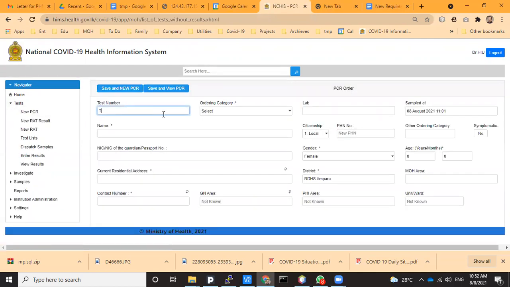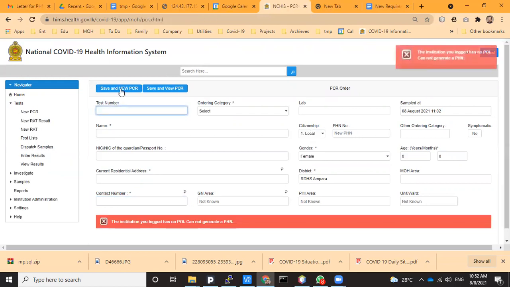Again I have to enter. So after filling that data, we can say save a new PCR.